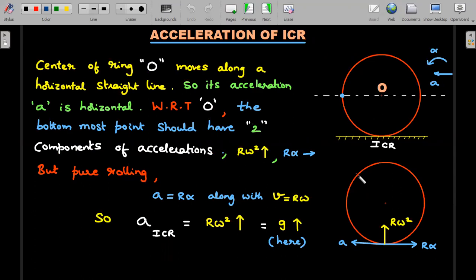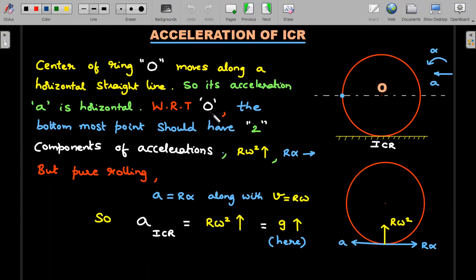First of all, I would take the route of considering the ICR, or the instantaneous center of rotation, for this particular planar object, the ring and a point mass. We see very carefully that the center of the ring O is going to move along a horizontal straight line. Different points on this ring, including this embedded point mass, might move in a curve, but the geometric center always maintains the same height from the floor. So I can state that it moves along a horizontal straight line, so its acceleration A is horizontal. Whatever acceleration this point O can have, it can only be horizontal.